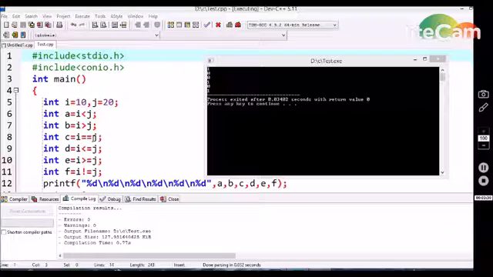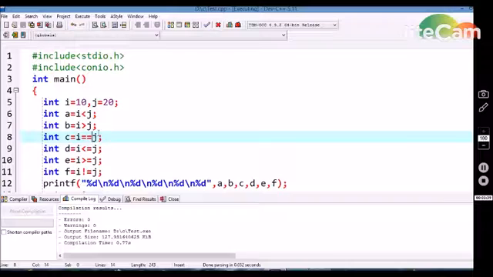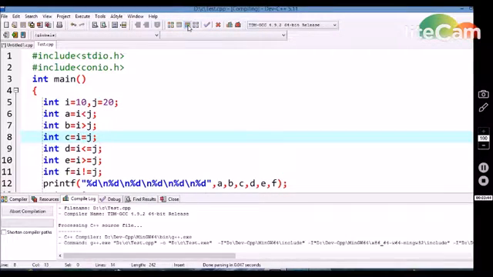Here for the equal to operator, we should specify two equals signs to tell the compiler that it is an equal to operator. Suppose we specify one equals sign, then it assigns the value instead of comparing, so we are going to get an error